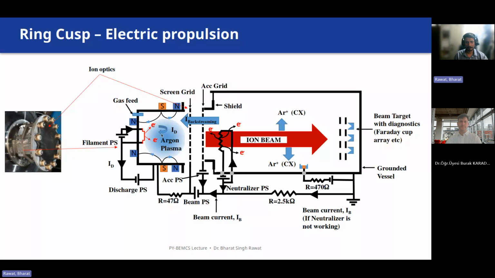You have the main plasma chamber, you have the heating power supplies for the filament and the discharge which produces the filament. And the most important components for me was the ion optics, the screen and the acceleration grid. And on the downstream side, you have all the other diagnostics, which measure the flow of charge exchange ions, which is a radial Faraday cup on the side, and the Faraday cup array, which was used to measure the beam profile. So in this presentation, I would be more focusing on the acceleration and the screen grid design.